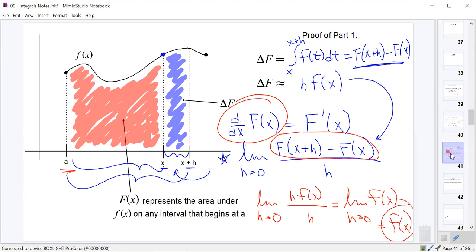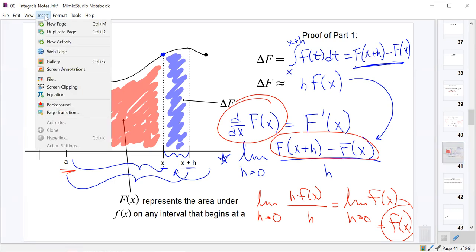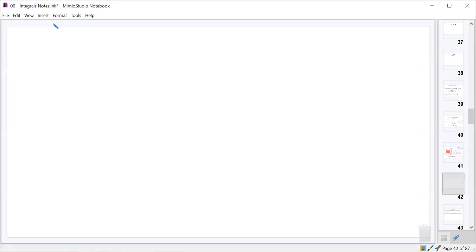Now, that's a nice little geometric proof that's also a little bit grounded in algebra. There's a much more formal proof of this that I think we'll go through right now as well. Keeping in mind from the start that we know that capital F of x is equal to the integral from a to x of f of t dt. That was what we first started with way back at the beginning with our first part of the fundamental theorem of calculus. And so, as we said a minute ago, this is telling us that f prime of x,